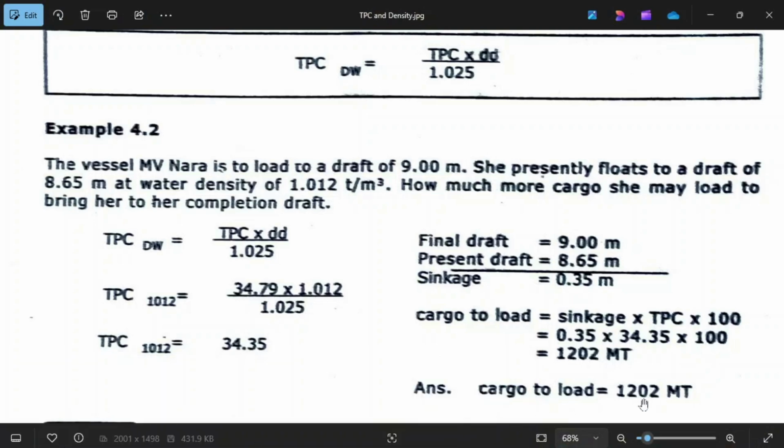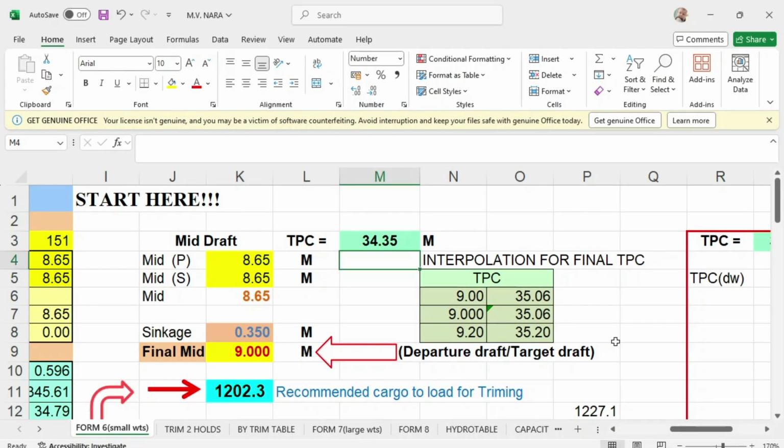Sorry, 1202. Okay, so the recommended cargo to load is 1202.3.